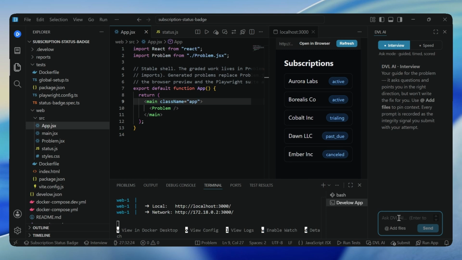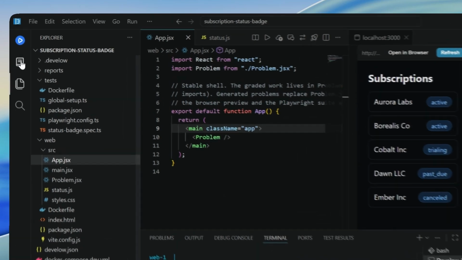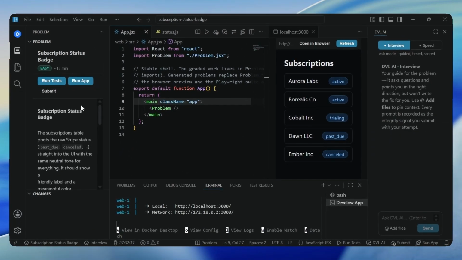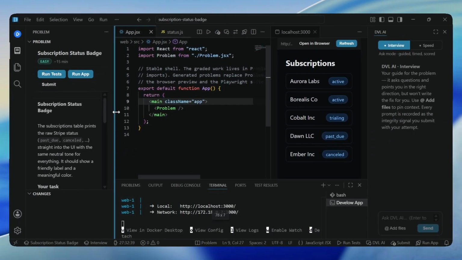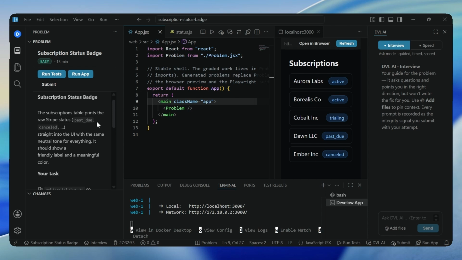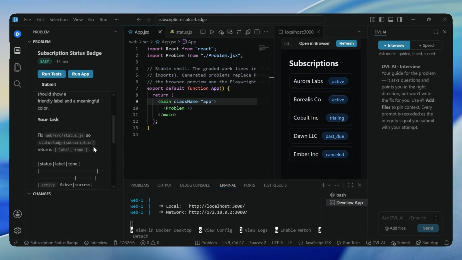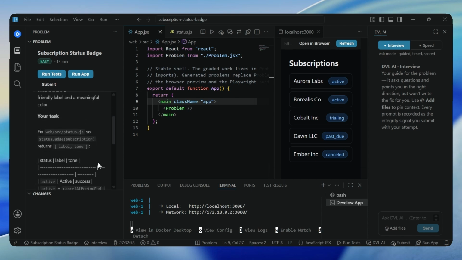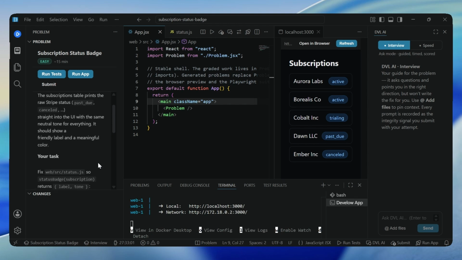Whenever we face an unfamiliar system or a tricky logic problem, we will use the AI to learn and guide our architectural choices. Before we do anything else, let's click on the Problem tab in the left sidebar to understand exactly what we are building today. Currently, our application takes raw subscription status strings directly from the database and prints them onto the user interface. It looks unprofessional and can be confusing for our users. Our main objective is to transform these raw backend strings into clean, user-friendly badges that use semantic color tones to